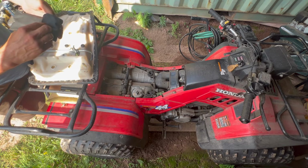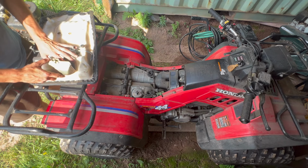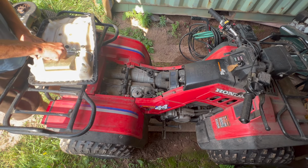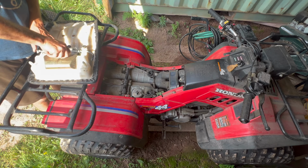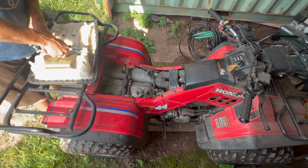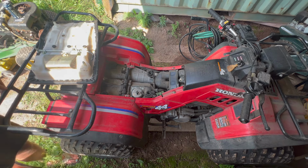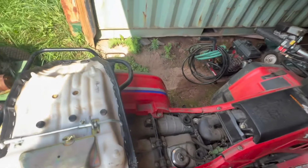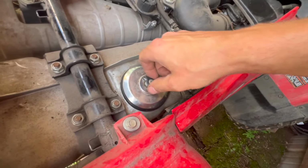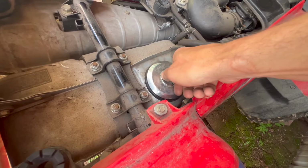I know it's not a huge deal, but it's just kind of cool to see. Like, I thought if I was ever gonna get a free ATV, that it would be all beat up and whatnot. But this thing is awesome. So I've been excited to get into it, and I haven't had time because I've been flipping a lot of mowers this year. It's hard to justify spending time and money on a project for me when I know that I can make some money